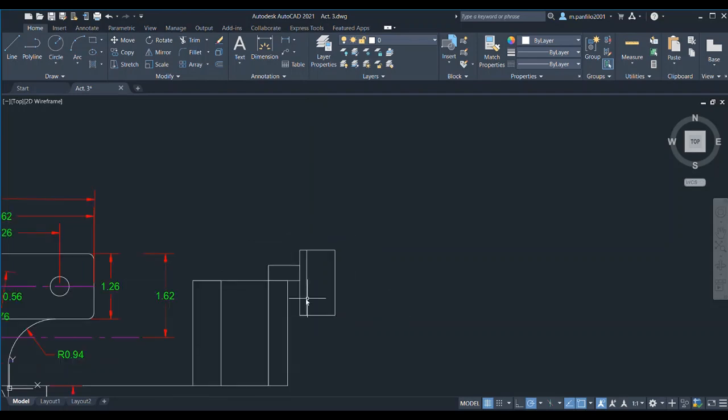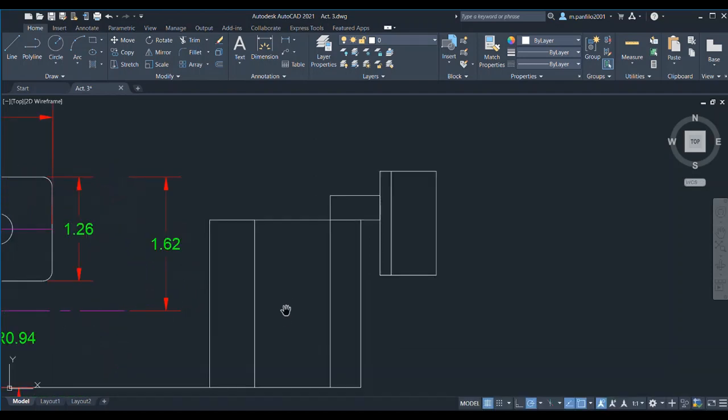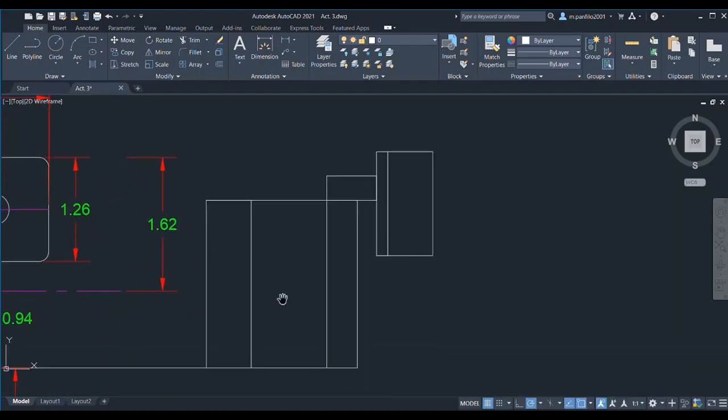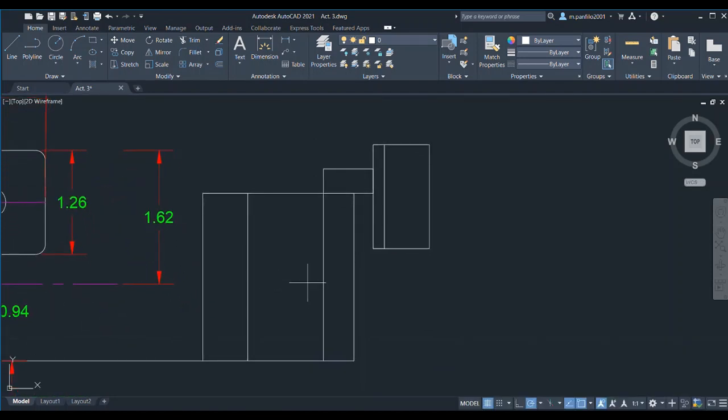Okay, so next thing is we need to create a line from the midpoint up to here. Okay,